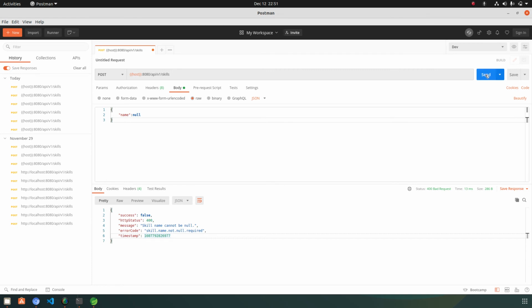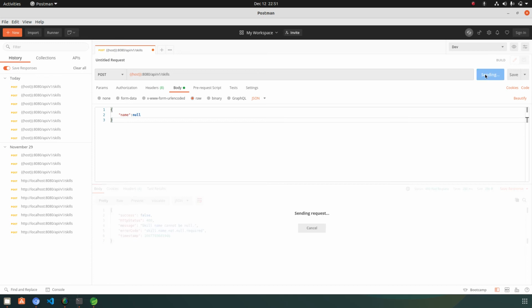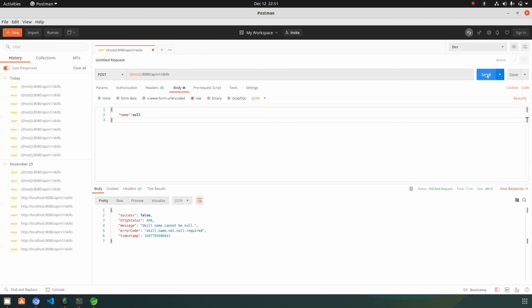So let's check. I hit it first time, it is giving me skill name cannot be null. Again I am hitting, it is giving cannot be null. Again cannot be null. So you can see that our validation is valid, means the not null constraint is validating first.